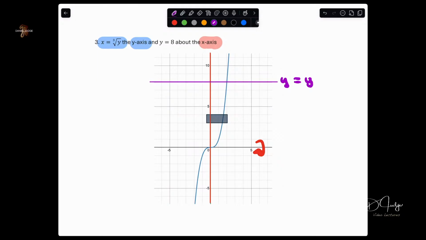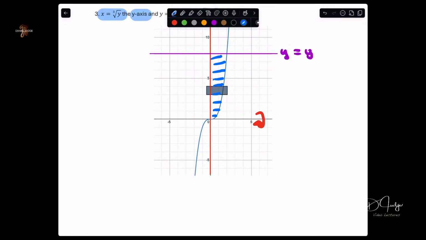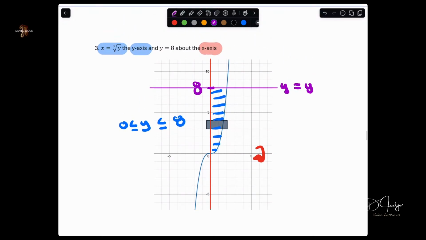So this defines a region. So I guess we can see that region here. Okay, this is the region they're going to rotate about the x-axis. Now, I want to point out the y values. Y is going to vary from 0 to 8 because this is this location here. This is the y is 8. So if we look at that y value and the fact that x is a function of y, we're rotating